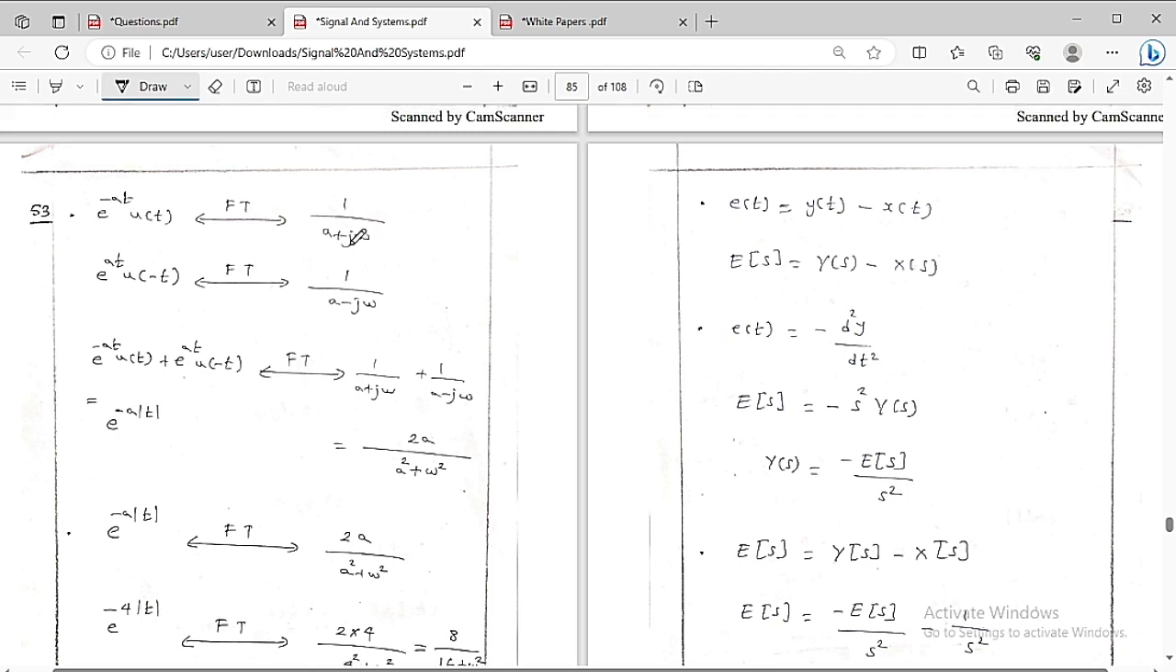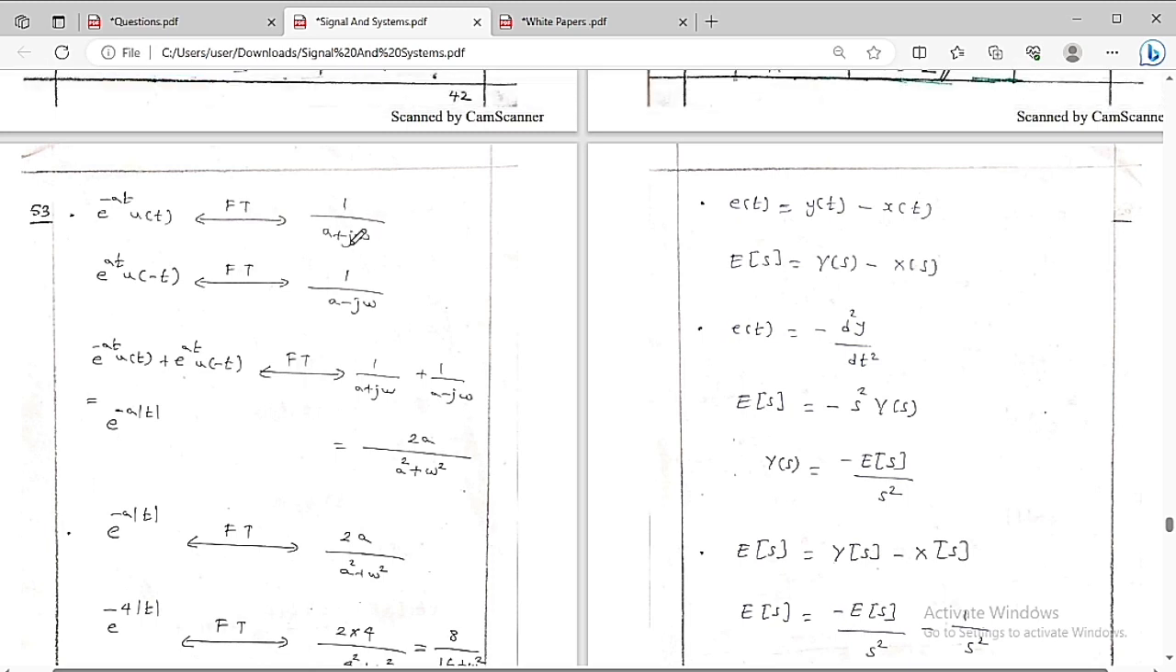Because I already told you, for e to the power of minus at into u of t, the Laplace transform is 1 by s plus a. So in place of s, if we substitute j omega, we get the Fourier transform, which is 1 by a plus j omega. Now replace t by minus t. That means e to the power of at into u of minus t. For this Fourier transform, replace omega by minus omega, and we get 1 by a minus